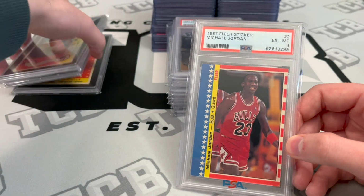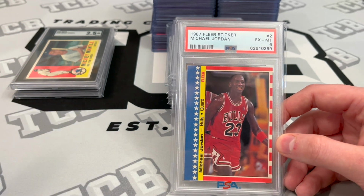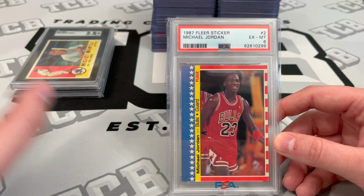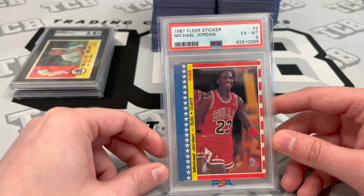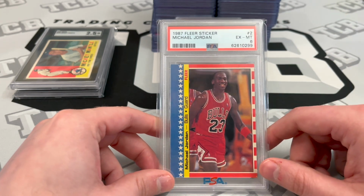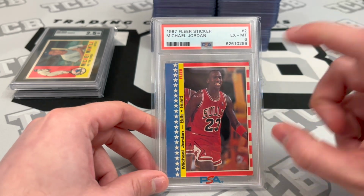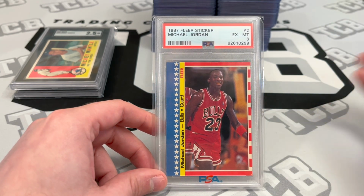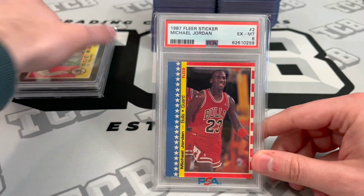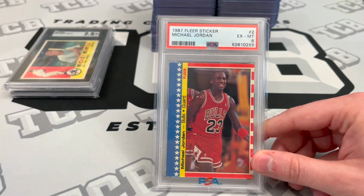And while I was going through this stuff, I would pick out like 4 or 5 slabs. I would price them out, and I would show him what I believed the market value was, and he told me either he was good or he wasn't good with them. There was one card that he ended up holding back that I pulled out. It was an '86 Fleer sticker MJ, graded I think a PSA 6. I had market value down at 600. He had a 650 sticker on his slab, and he just wanted to really keep that MJ specifically. So he pulled that out, which is completely okay. Just kind of went through and valued a bunch of stuff, and this is what he was okay giving up